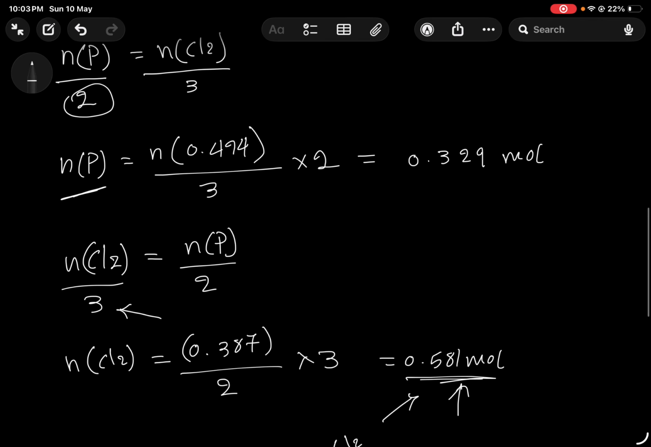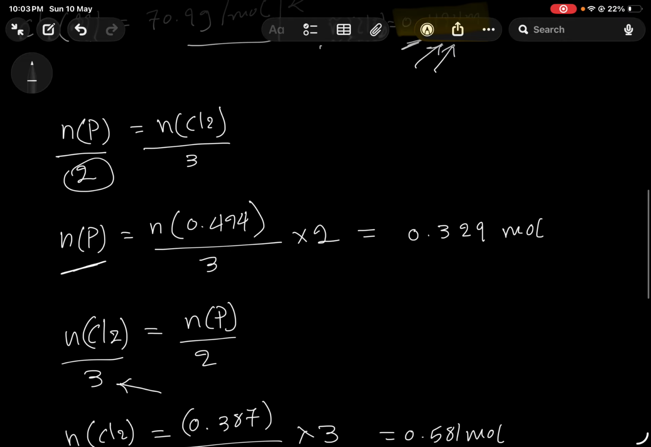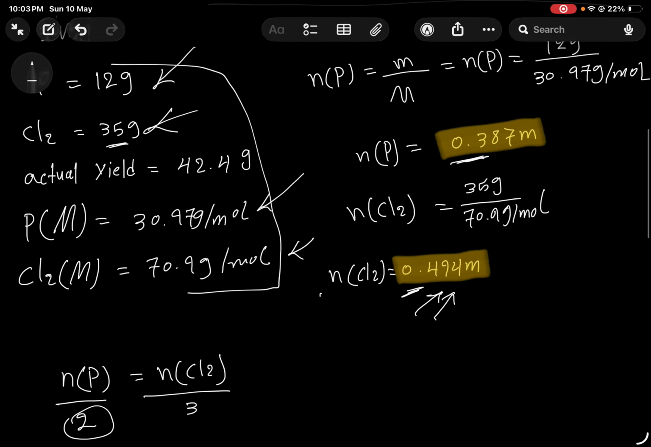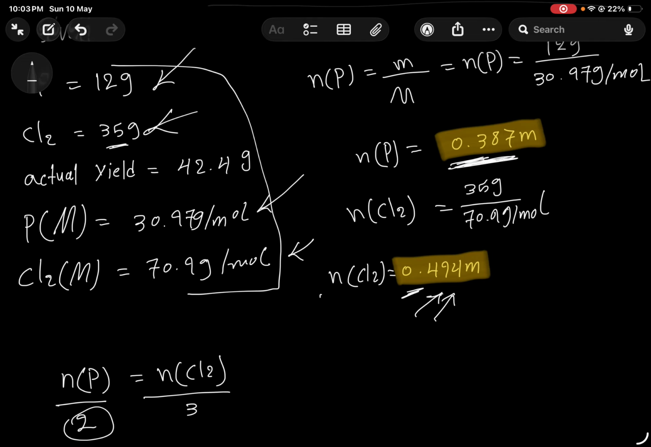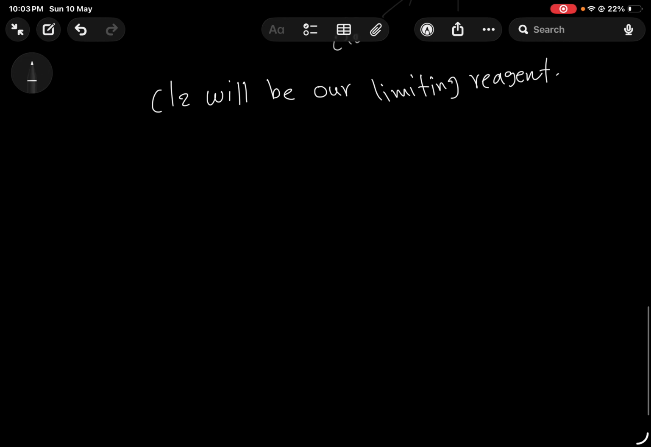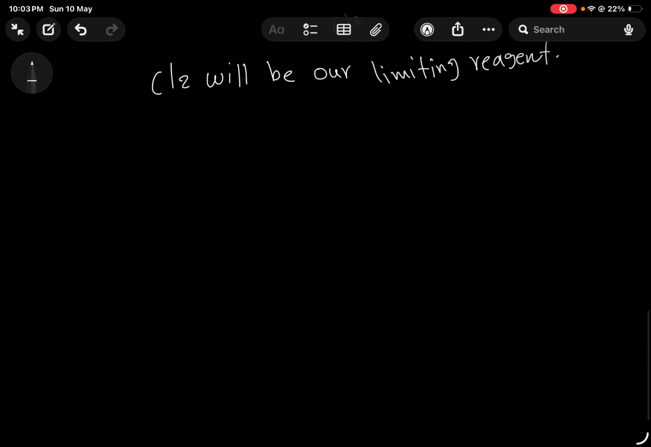If you're wondering why we're not using n of P, let's say that n of P is found in here, which is 0.329, and if we compare this to this one, these two numbers are very much similar. So we found that Cl2 will be our limiting reagent. Next thing,